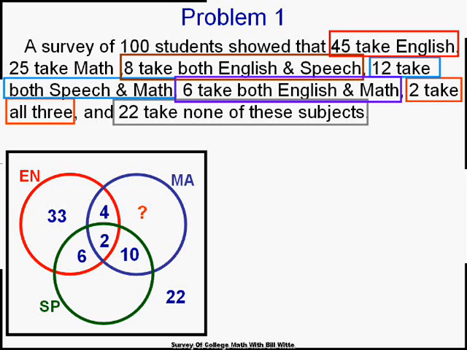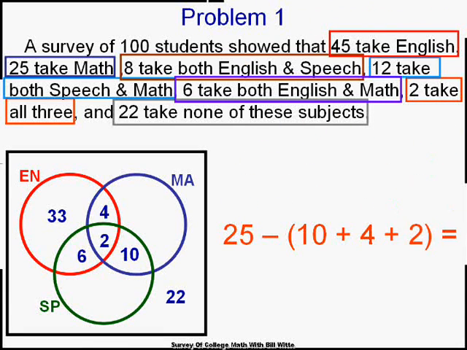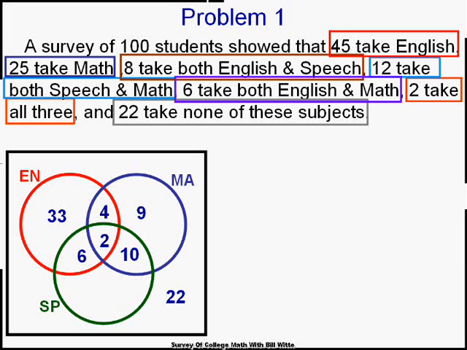This is the rest of the math people, and they gave me information for that. They said 25 take math, but that's all the math people. So let's subtract the 10 and the 4 and the other 2, and we'll get that portion of math. We're rolling. We filled in just about every number. Now we have only one other number in this problem. And I want to figure that out, and they don't give me it. But